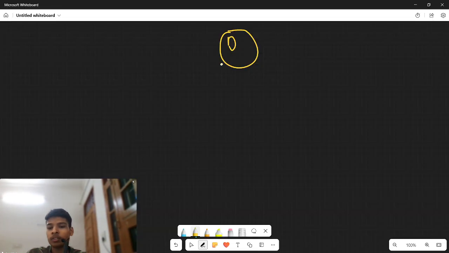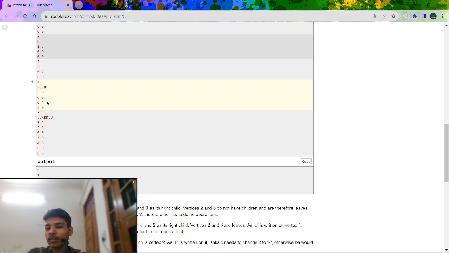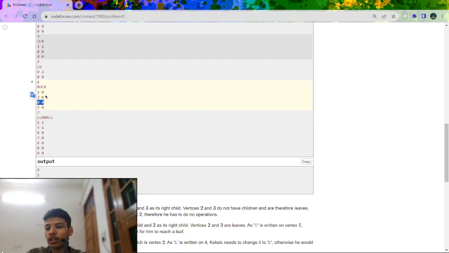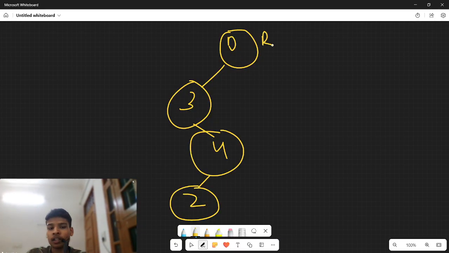So the left part is 3. Okay. And the left part of 3 is 0, and here it is 4. Okay. And the right part of 4 is 2 only. Okay. And what are the values? My 3 contains R, my 3 contains L, my 4 contains R, and my 2 contains U. So now tell me, if I want to go from this index to this index, how many things do I have